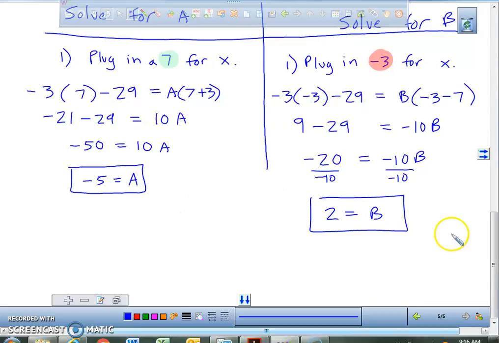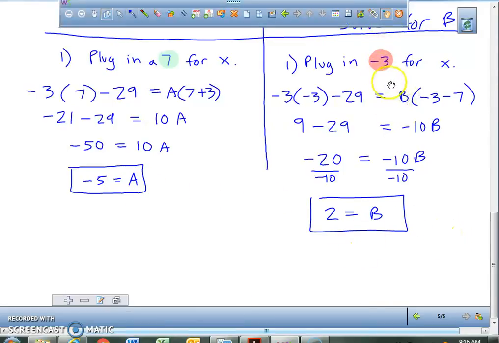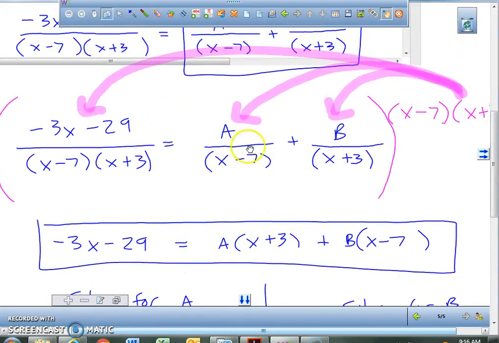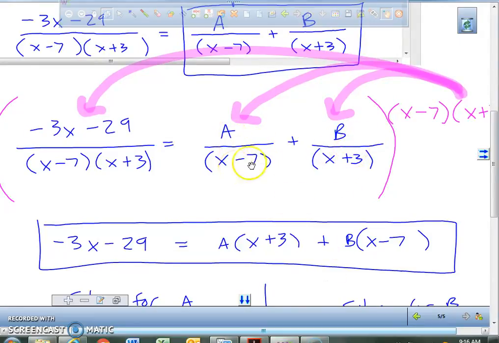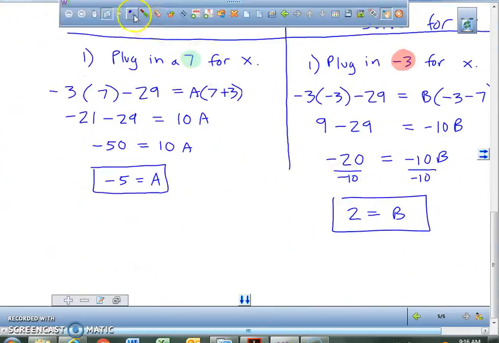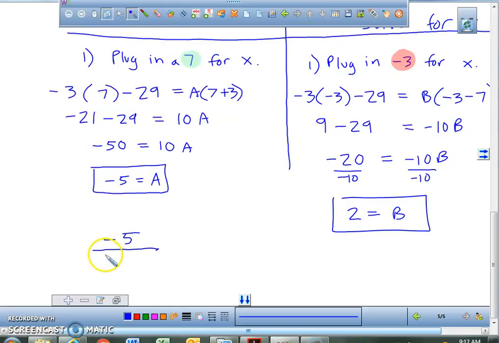Now we're going to take these and use them to build our partial fractions. So I'm going to scroll up here so you guys can see our partial fractions. You should have them in your journal. This is one of my partial fractions. This is my other partial fraction. This a's over what? X minus 7, b's over x plus 3. So here's my final answer. I'm going to put a negative 5 over x minus